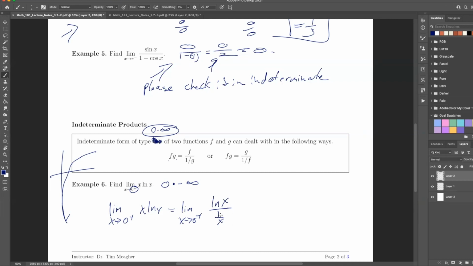What does this go to? Well, this goes to negative infinity. This goes to positive infinity. So I have infinity over infinity. So this is an indeterminate form where we can apply L'Hopital's rule. And so we just take its derivative. So here, the derivative